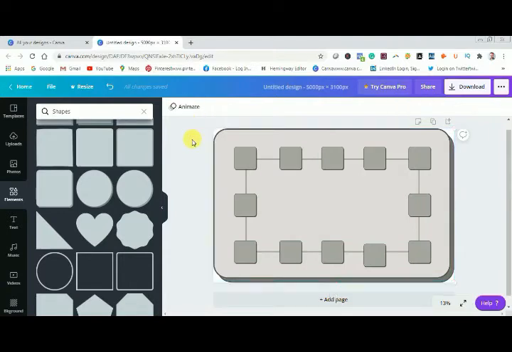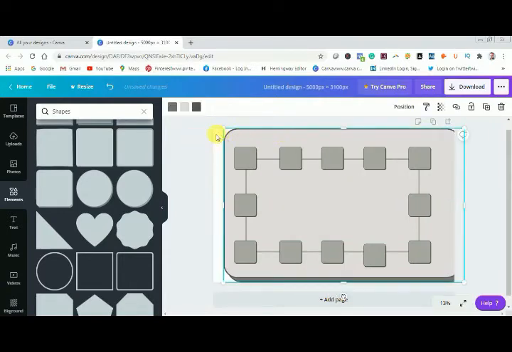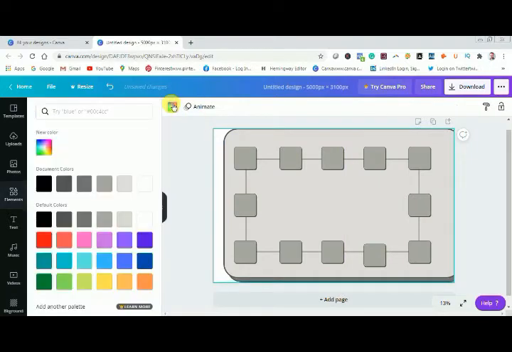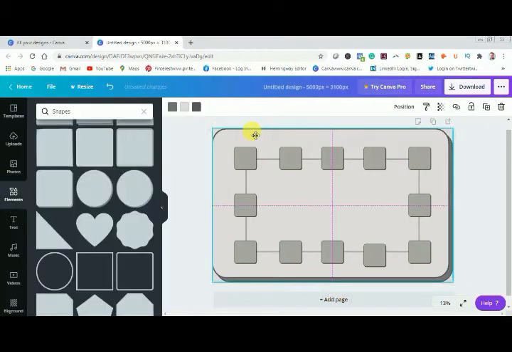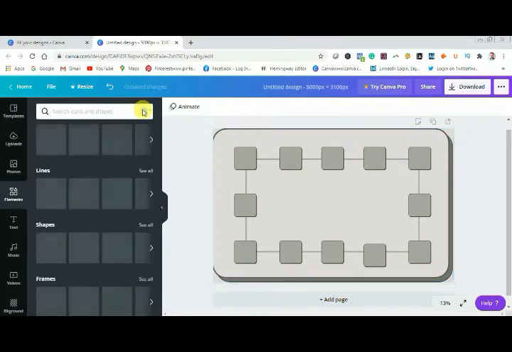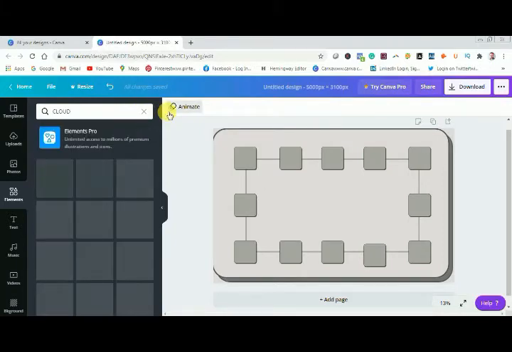So right now I will change the background color. You can see the background color appearing here is white, so I will change it to gray. Okay, gray. I will try with some other color, but it seems like it is not matching with my element. Again I will readjust this, change my background color to gray. Now I will type here cloud. I want to give a cloud in between my interface.